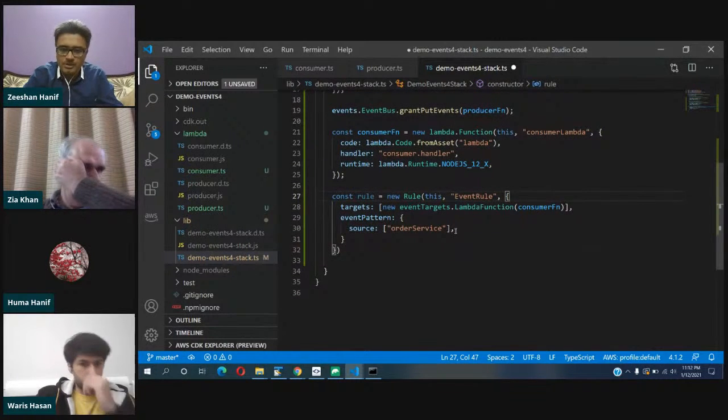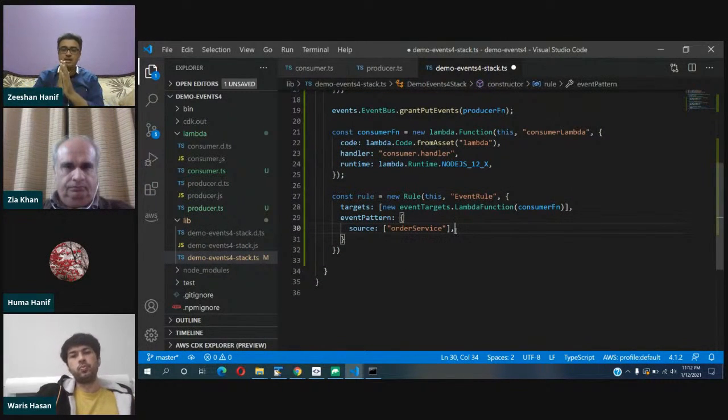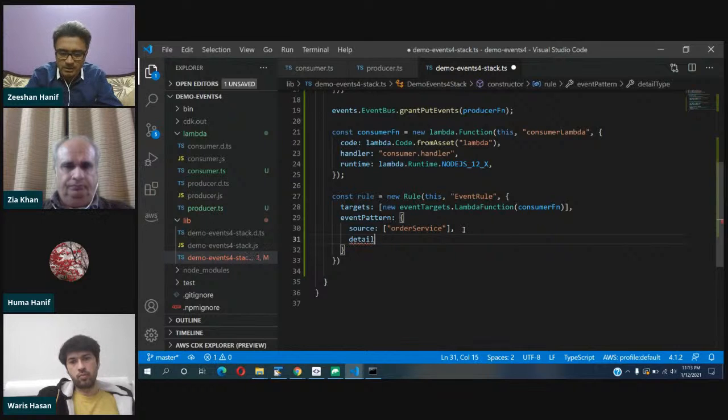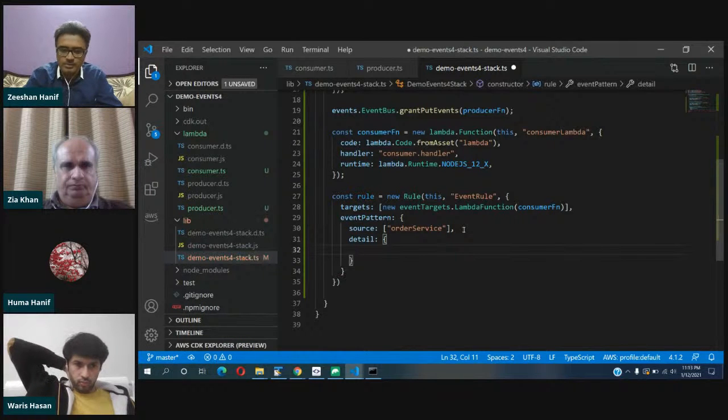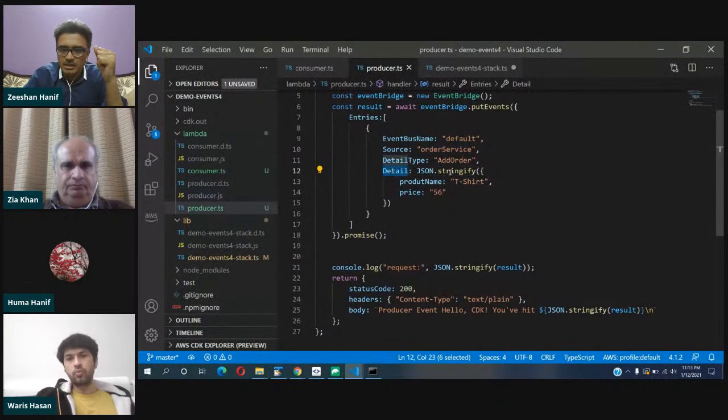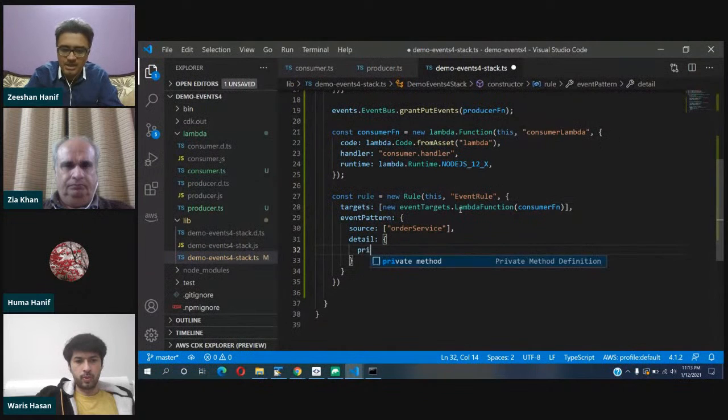What we can do is, at this moment, we are saying that an event which has a source value order service should be consumed by this Lambda function. We can specify detail over here, detail type, detail. And let me show you what we are generating. We are producing a detail which has an object with a property product name as t-shirt and price as 56. So what I can do is I can say that if it has a price property,